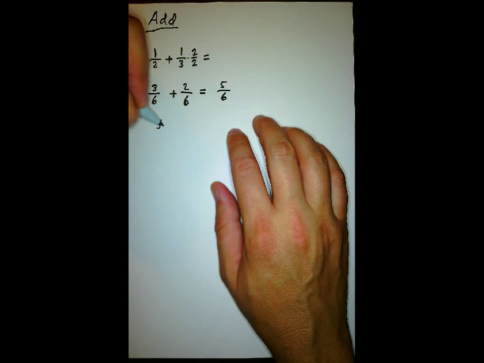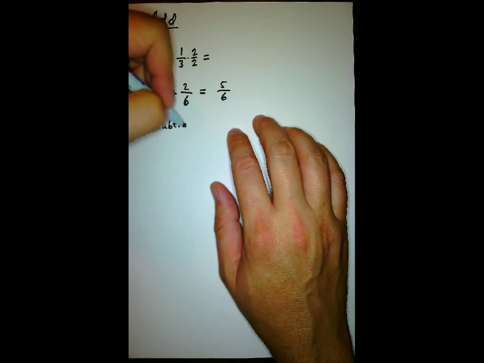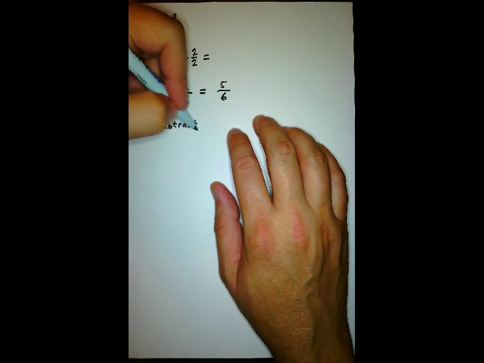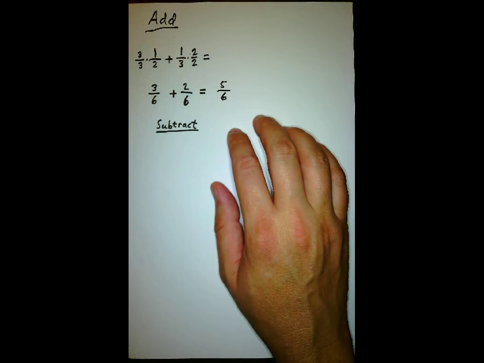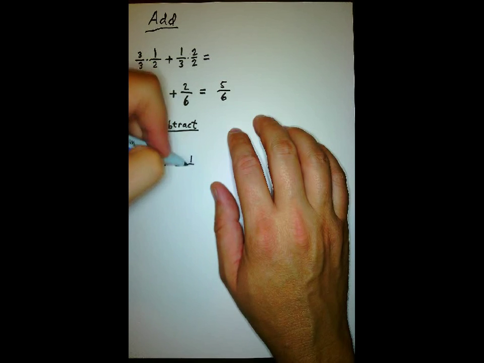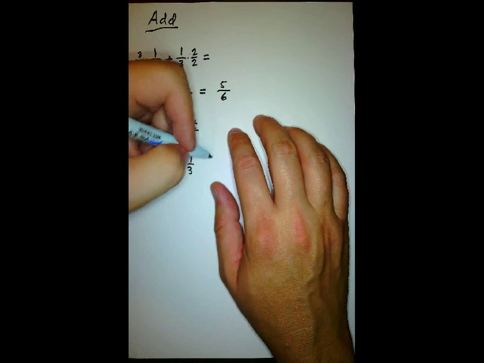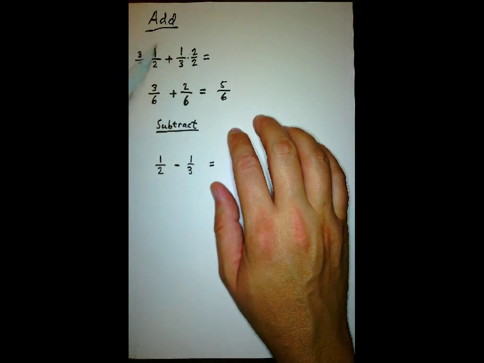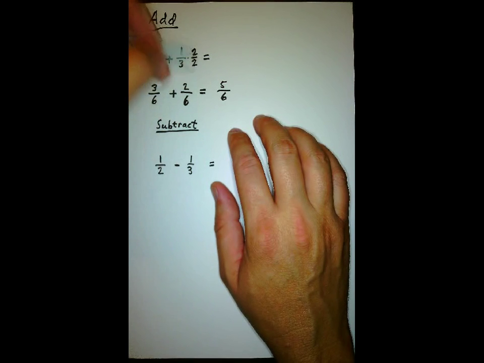Now let's do subtract. We're going to run through subtraction quickly because it's the same as adding, except we're going to have a minus sign here. And what I mean by the same is we have to get a common denominator. So from doing the previous problem, we already know the common denominator is going to be 6, right? So same as this,